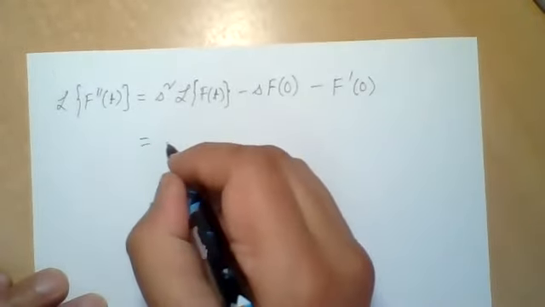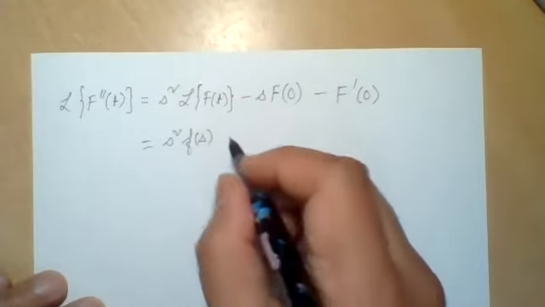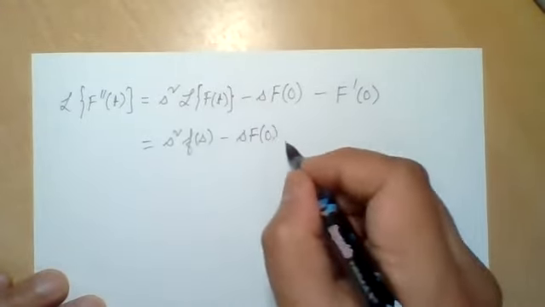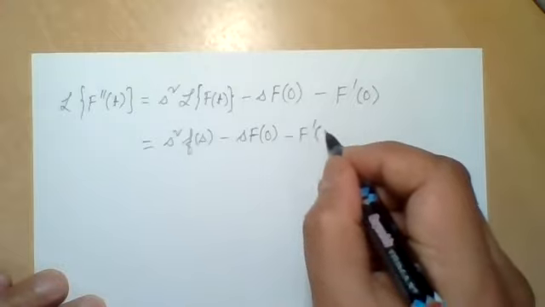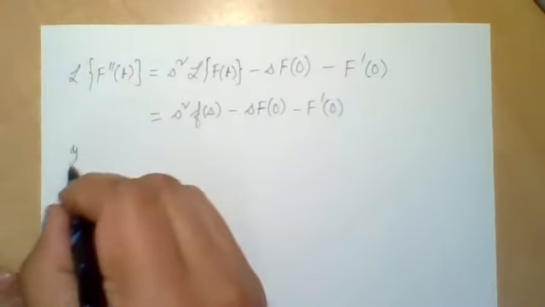This can also be written as s square F of s minus s F at 0 minus the derivative of F calculated at 0. This formula